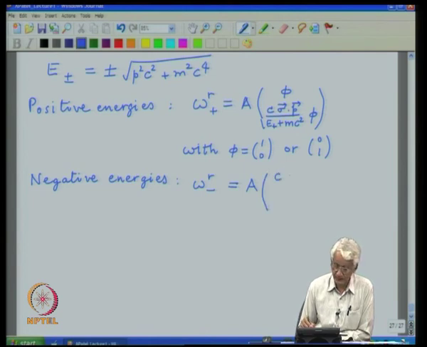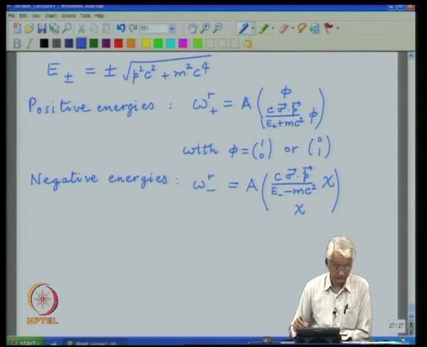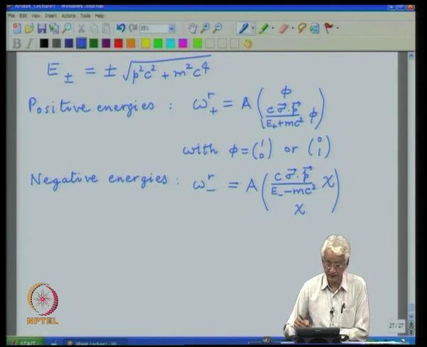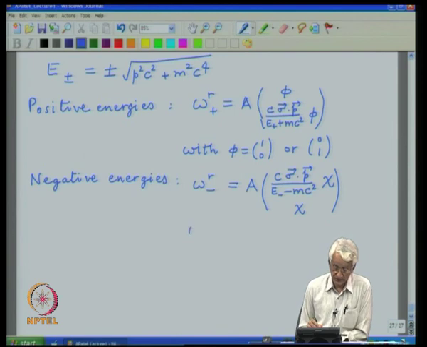so that the denominators which are appearing are larger than the numerators, and one can take the non-relativistic limit in a simple manner when dropping either the lower components in this case or the upper component in this particular case. And again the two solutions for chi are 1 0 or 0 1.